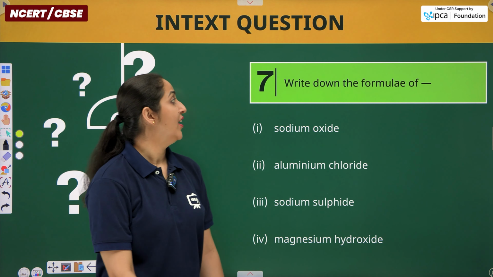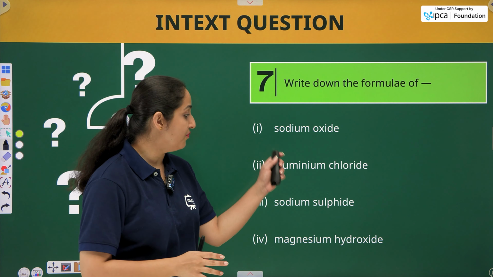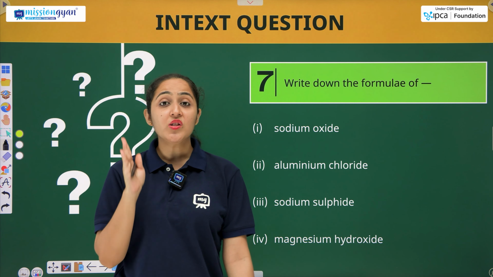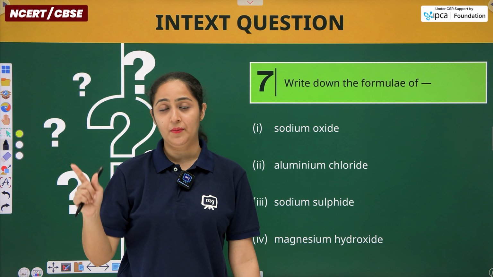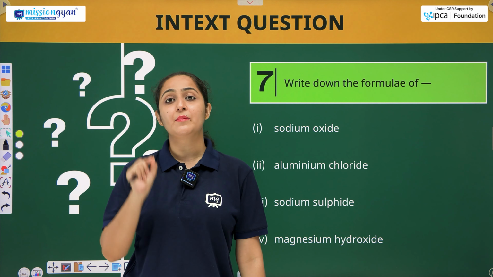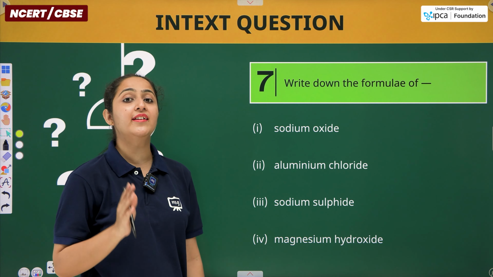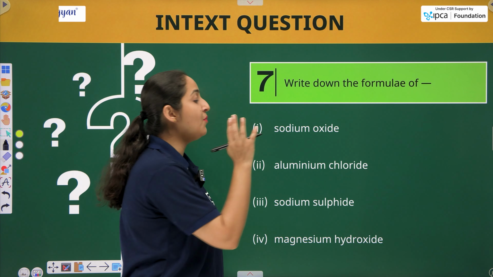All right. Okay. Now is the time when you have to write the formula. Okay, so some names of the compounds are given. हमें क्या करना है? इसका formula बनाना है. उसके लिए if you have to write the formula, you need to remember that table. आपको वो table बिल्कुल अच्छे से याद होनी चाहिए. नहीं किए तो please remember that table and then you will be able to find the formula, write the formula of any compound given.